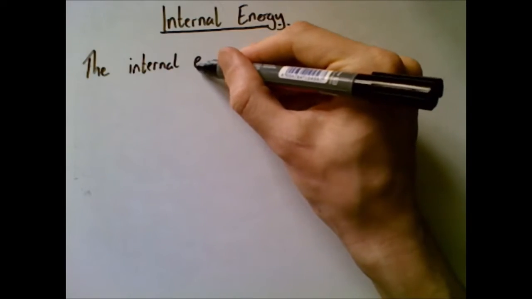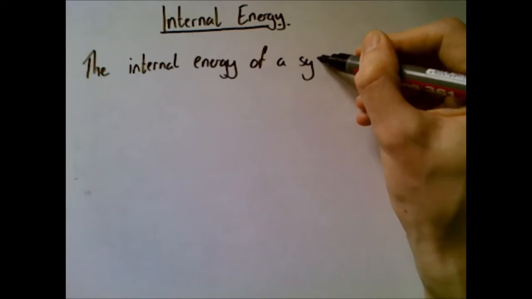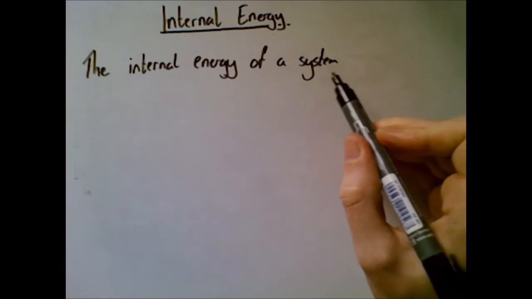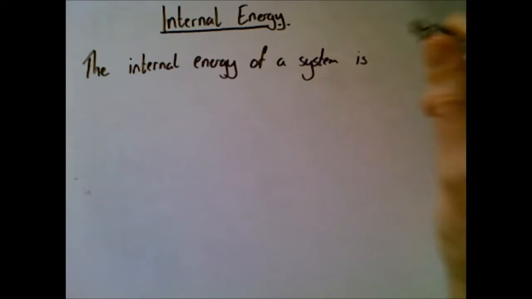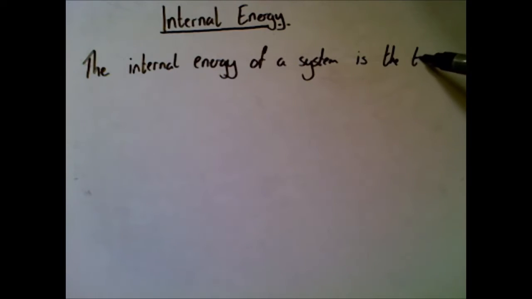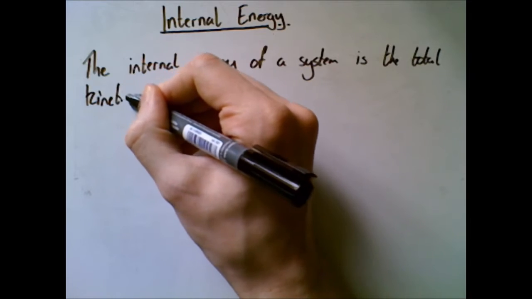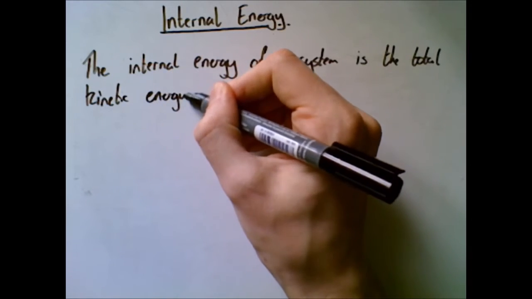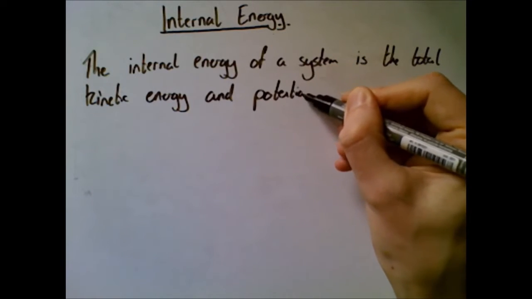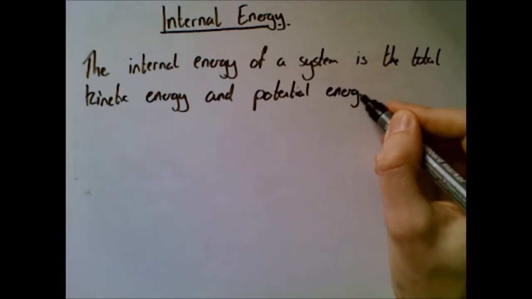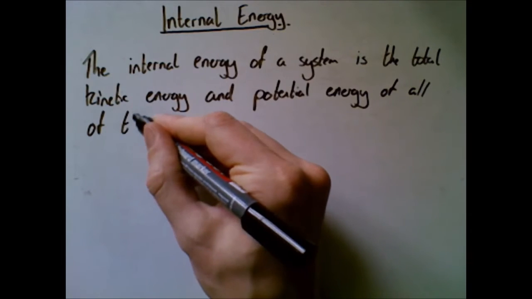So the internal energy of a system, and that word system, if you can't remember, just means object or group of objects, is the total kinetic energy and potential energy of all of the particles